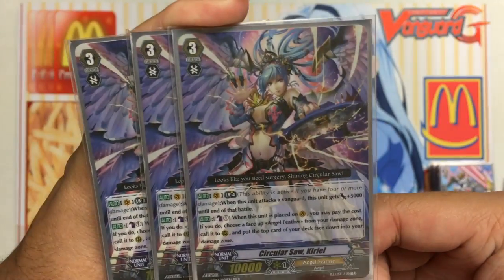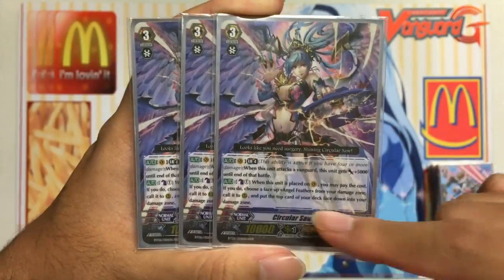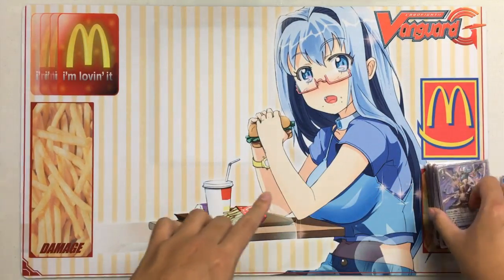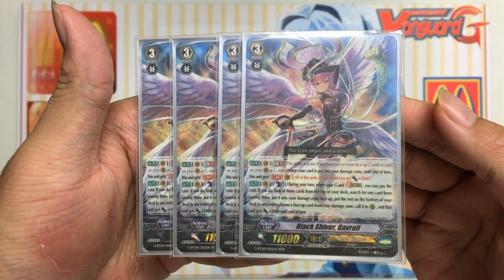She's also one of the arts that I guess got me into set 6. It helped get me into Vanguard, so I kind of wanted to do a shot back to her and run her. So 3 copies of that, and then of course, last grade 3, I run 4 Gavrails. So